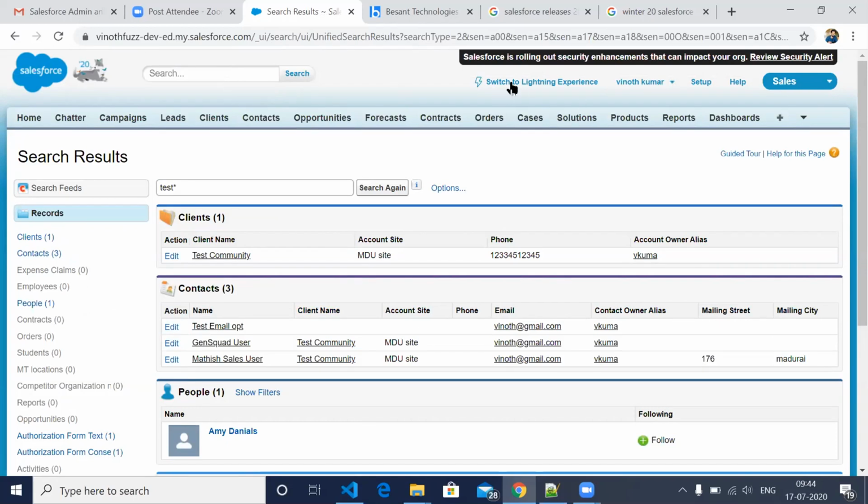After that, we have this one I said yesterday. This is for switching to Lightning. After that, here you have your profile.